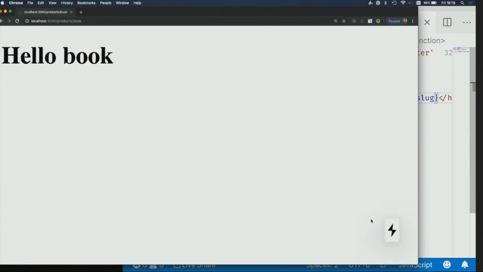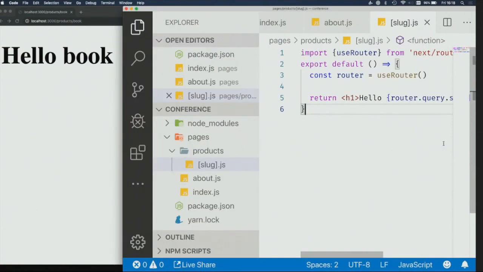And the reason for that is that this page is actually pre-rendered. That means that it's built at build time to a static HTML page. So if you want to wait for some data to load, for example, because in general, you're not reading query values directly into your HTML. You actually want to fetch something based on them, right? So if you want to build next to a static page, a dynamic page, you can actually turn this into a